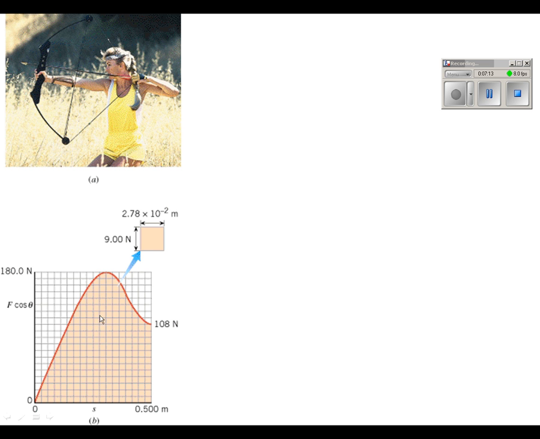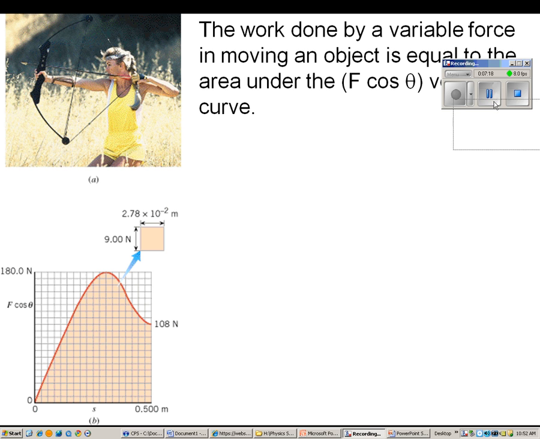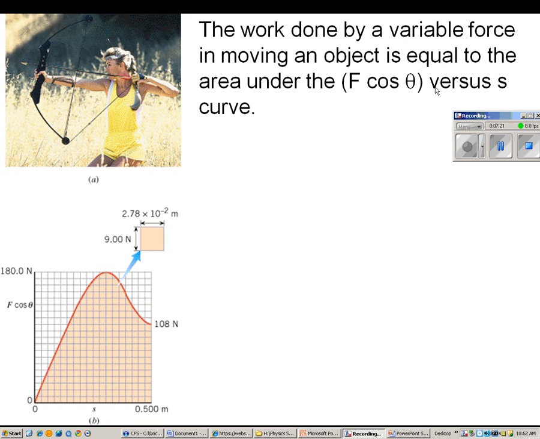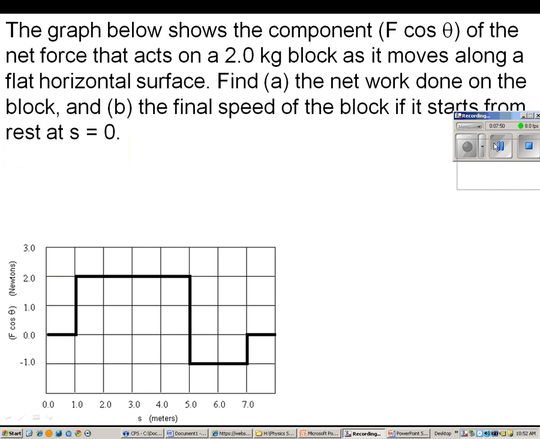In order to find the work accomplished, you simply find the area under this graph. So the rule here is that the work done by a variable force moving an object is equal to the area under an F cosine theta versus S curve. Now, the reason why is that if you want to solve for work, you just do force times displacement. And to find area, you basically do base times height. Now, depending on the situation, whether it's a triangle or some other shape, you have to be careful. You can't just say base times height, but that's why we go with the area. So here's an example of